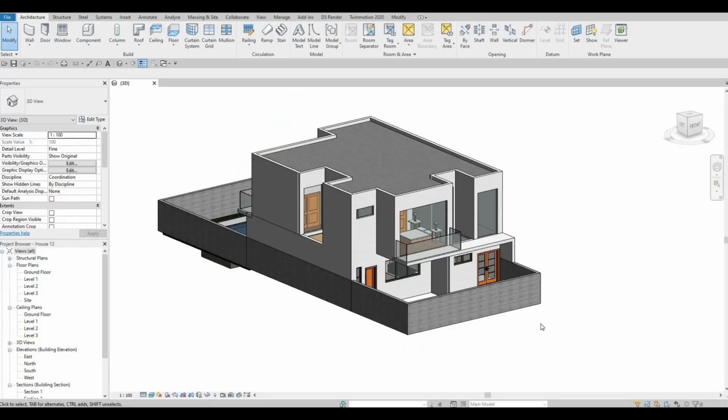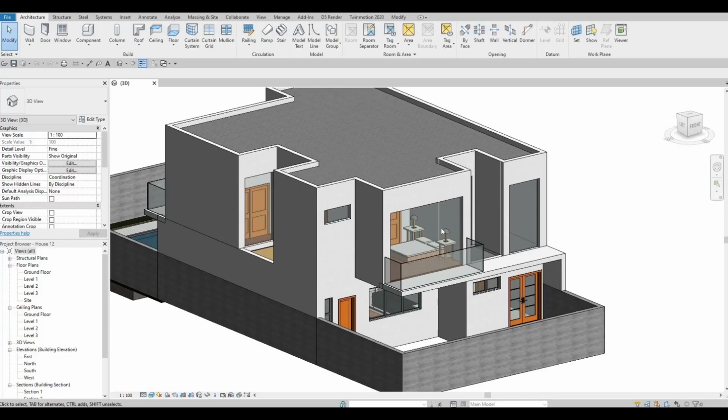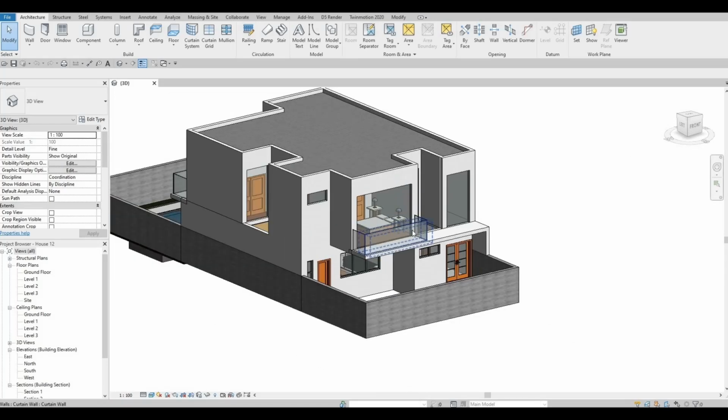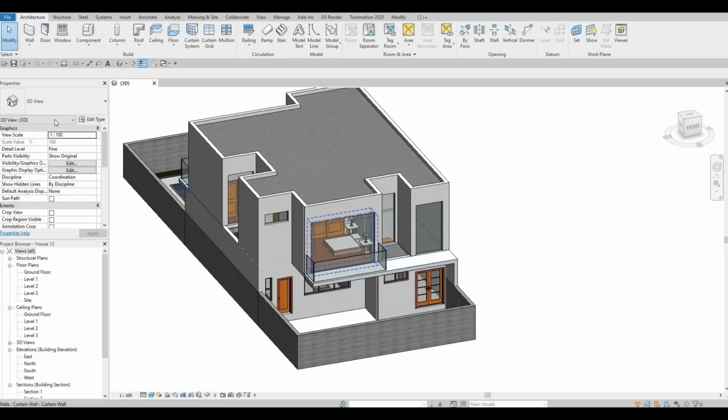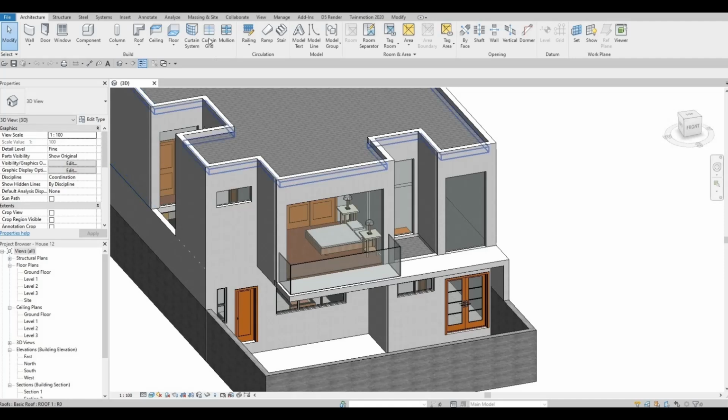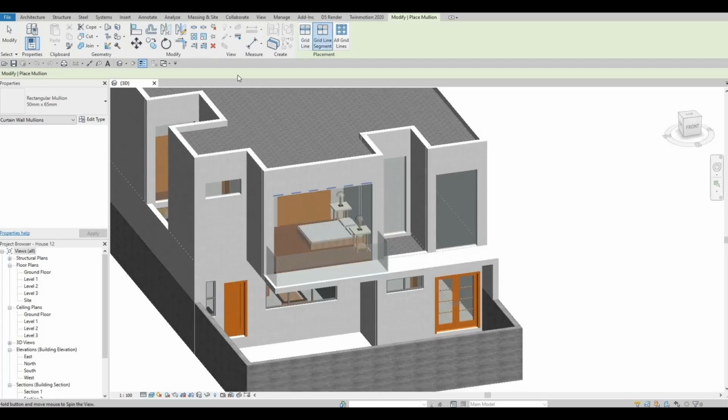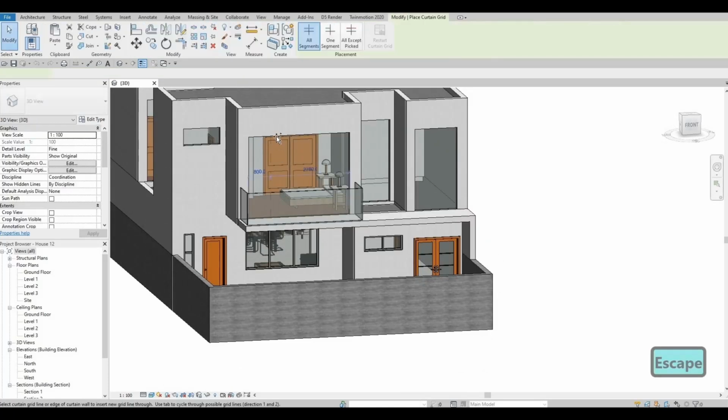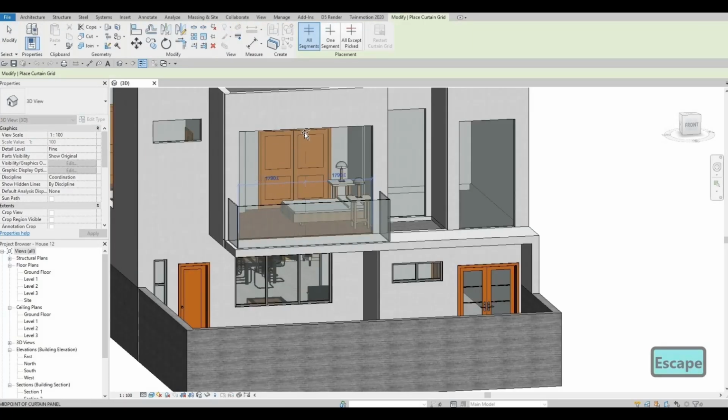So in the last video, we were able to add the balconies and then the curtain walls. Now we're gonna continue working on this. What I want to do is to add the curtain grids so that we could add the mullions, and then I'm going to add the curtain door right here. So I'm gonna add curtain grids first, and here I want to make it